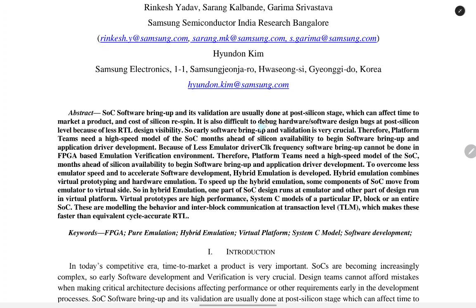It is also difficult to debug hardware-software design bugs at post-silicon level because of less RTL design visibility. So early software bring-up and validation is very crucial. Therefore, the platform teams need a high-speed model of the SoC months ahead of silicon availability to design software bring-up and application driver development. Because of less emulated driver clock frequency, software bring-up cannot be done in FPGA-based emulation verification